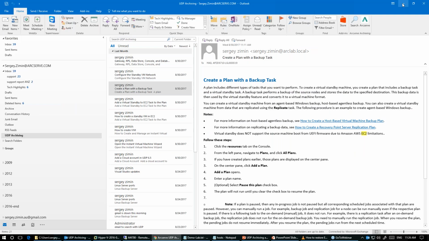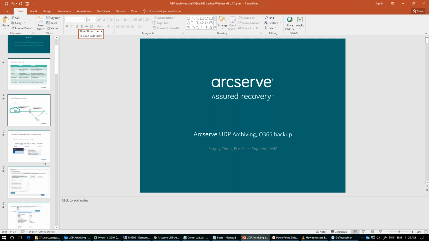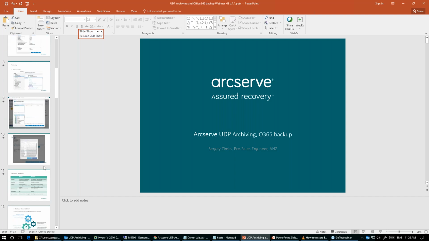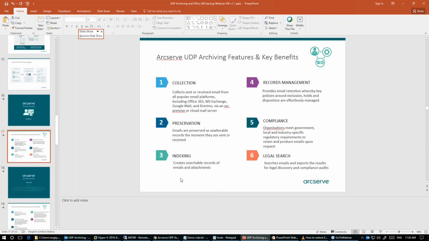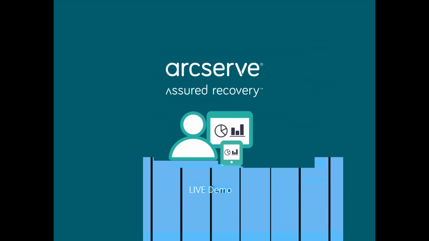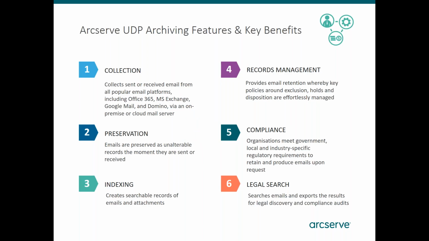We might get back to this interface, so I'm not completely logging out of here. I'm just trying to get back to the slide deck and see what else we can cover in this session. It was UDP demo. So we're getting close to the end. And just to summarize, the benefit of archiving versus backup. First of all, we have searchable content because content has been indexed constantly. It is suitable for legal search, suitable for compliance, records management, and optimization of the working mailing system.